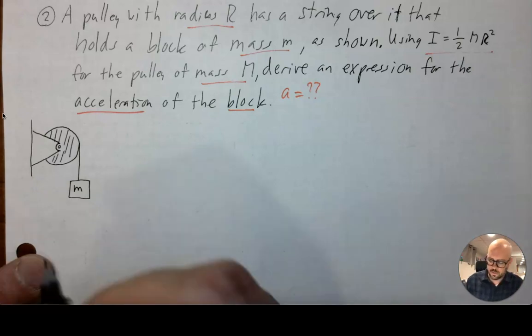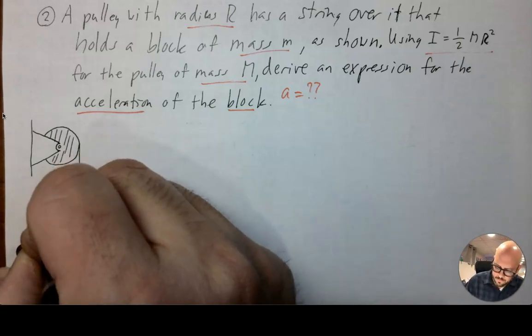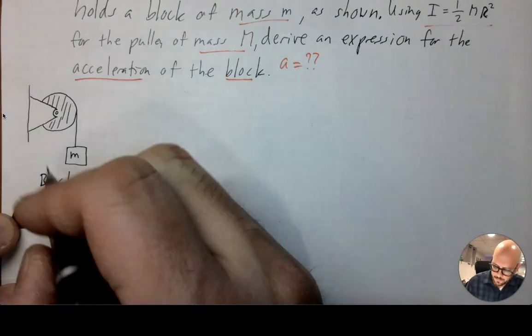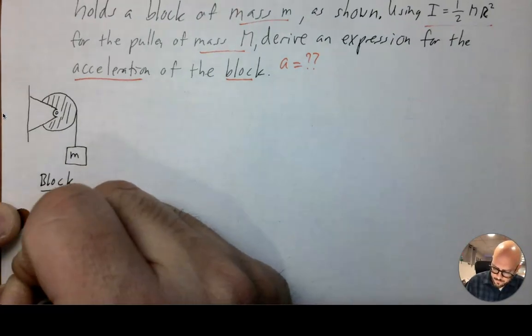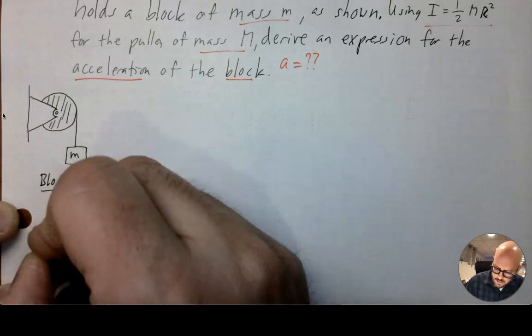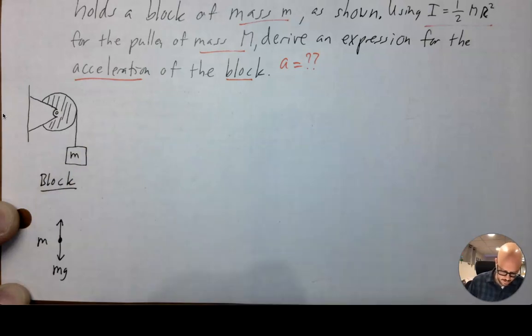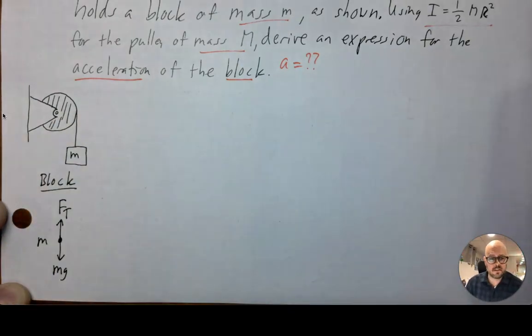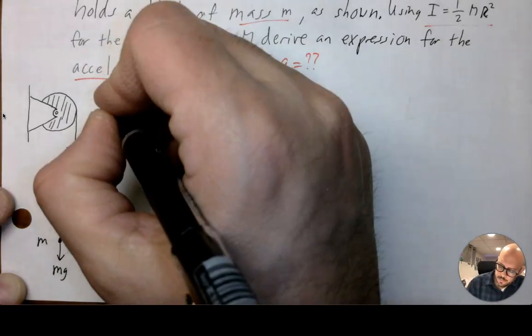So I'm going to start with the block itself down here. A diagram of the forces on block m would be the force of gravity, mg, and then the tension. Now I'm going to use Ft for tension. You can use T. I did it in another problem in this section, so that's fine. That's the forces acting on the block. The pulley